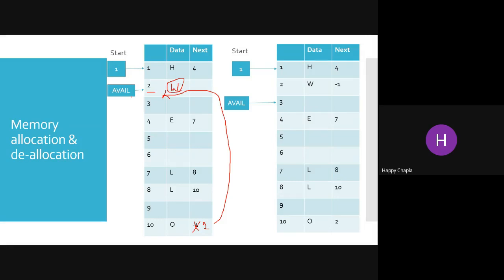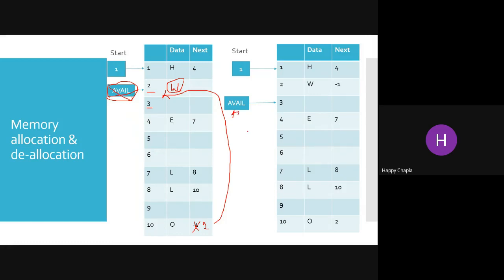Okay, now if you want to store one more element x inside the memory block, what do we have to do? We just need to find where my avail is pointing. So after inserting w, I have available memory space at the 3 location. So next time my avail is going to be located at the 3rd position.